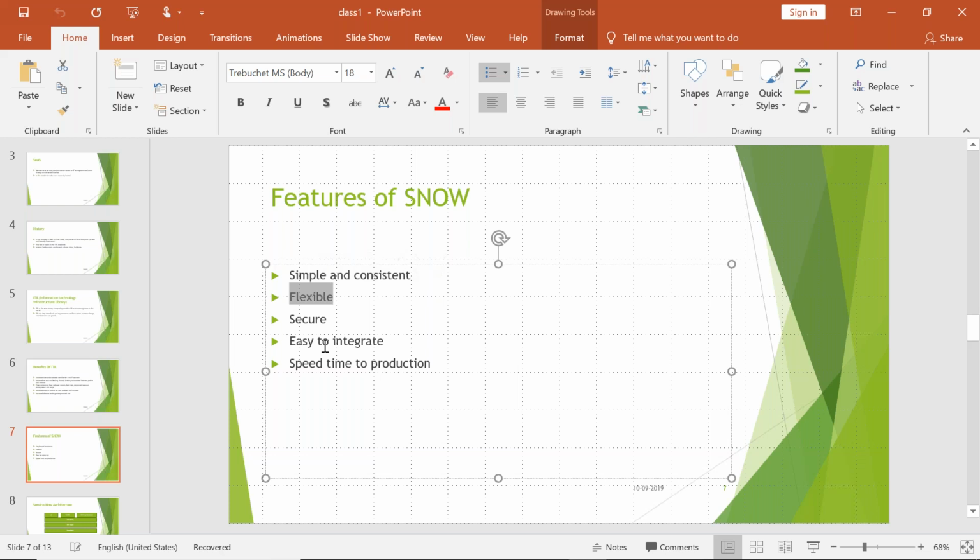Okay. Next is speed time to production. So as I told you yesterday, if a tool is ITIL based, ITIL is giving us all the understanding of how to make our tool better, how to understand the scope of the tool. So obviously, if a tool is based on the ITIL concept, what benefit will I get? Your speed time to production will be there, cost saving will be there. So that's what it is all about. In this particular case too, your speed time to production will be there because ServiceNow is ITIL based.